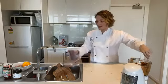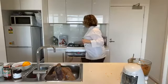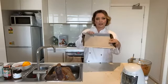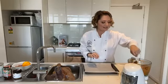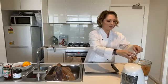Okay, that's looking good. So I've got my tray prepared. So take a good size baking tray, line it with grease-proof paper. And now this is the fun bit. This is where we get to get our hands dirty, the part the kids love doing. So you just want to get a little bit of mixture,